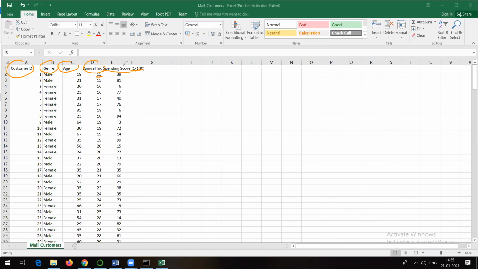As we want to do clustering, depending on all these features, we want to divide this data into different groups. But in how many groups this data can be divided, we do not have any idea. That means we are not aware of the output, and that's why it's a clustering problem. That means we can go for an unsupervised learning approach.